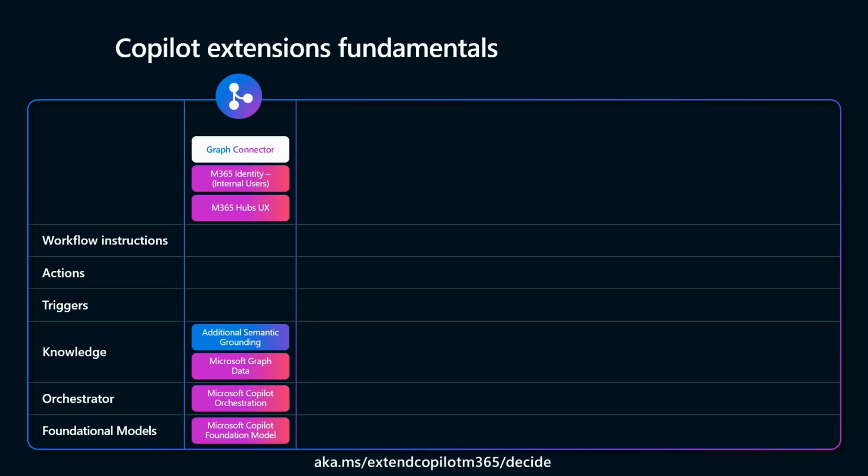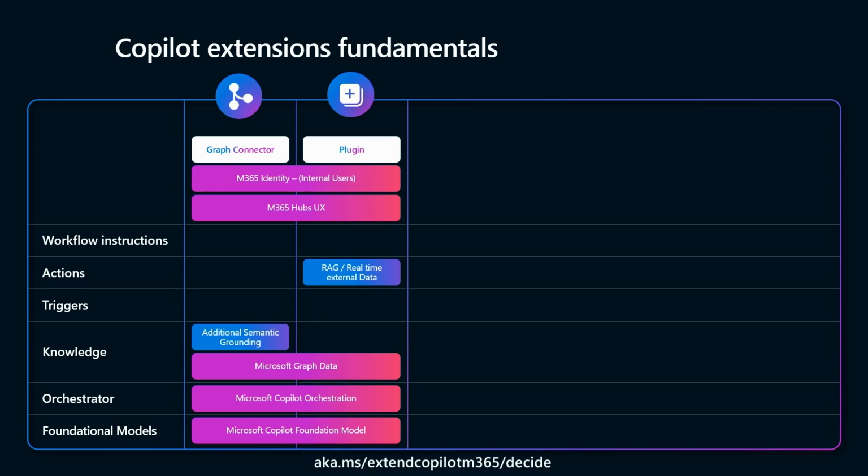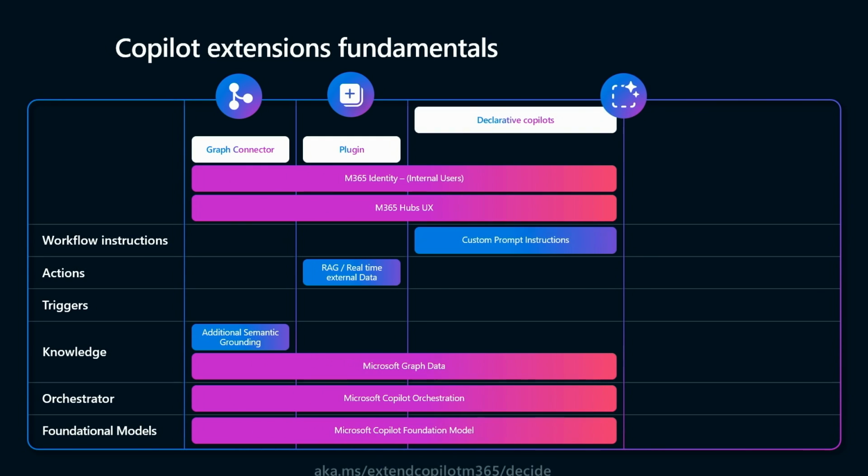As an example, when we talk about plugins, which is that second choice, again, both of these we announced at Build last year in public preview. Plugins are actually doing an action. They're calling out to a system via an API or a bot command. And so they're not part of the knowledge stack within the AI platform. They're a little bit higher up. And that provides different alternatives and different pros and cons that we'll talk about as part of this session.